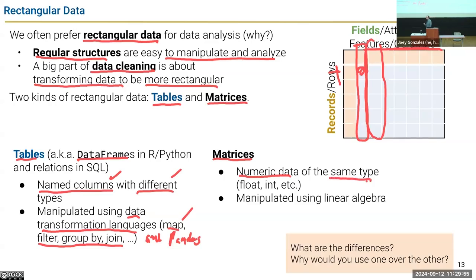Every entry in the matrix is the same type, and these are manipulated using the language of linear algebra. I can say as a grad student, I was like, I don't like pandas. I tried to do everything with matrices. It was a long time ago. It was a total mess. You can make a matrix for, this column is a string, so I have a string matrix. These are all number columns, so make me a number matrix. You can make this work, but it's a pain.